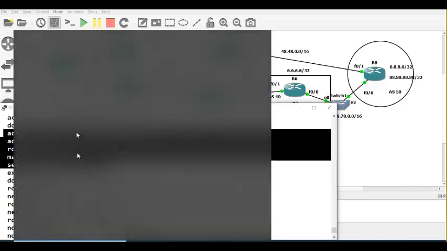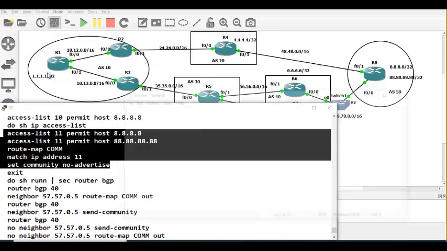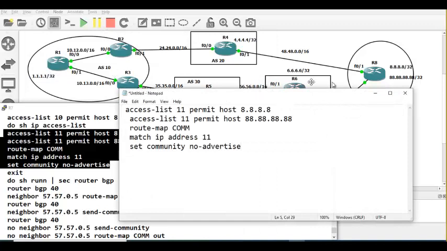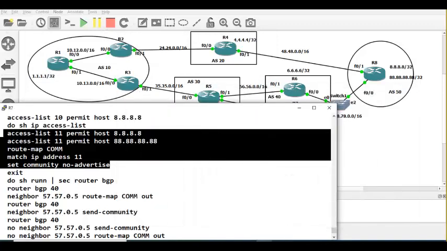Notepad is needed. Got the notepad. Now, I removed